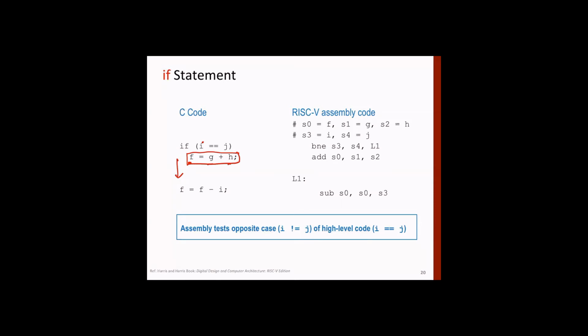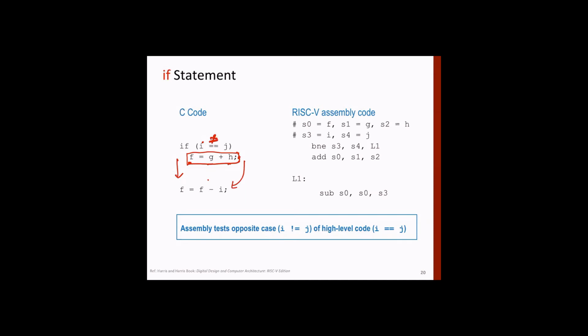Note that this is not else, right? Had it been else, then if this condition is met, if i is equal to j, you execute this, and the next statement would have been something following this one. Now, this is a simple if statement. If the condition is met, i is equal to j, you execute this, followed by this one. If this condition is not met, if i is not equal to j, then you come to the next one. Simple. Now let's do this in assembly.